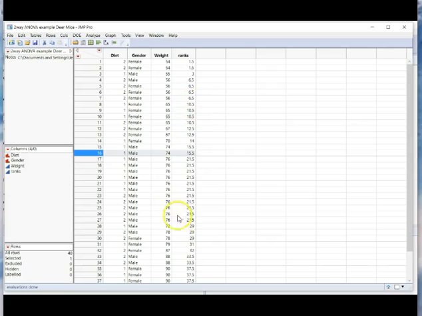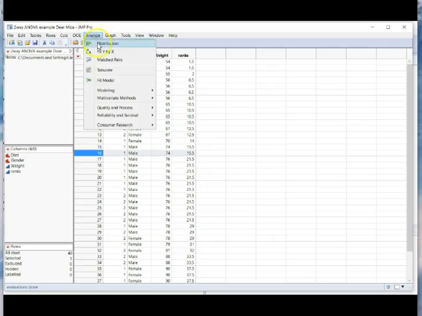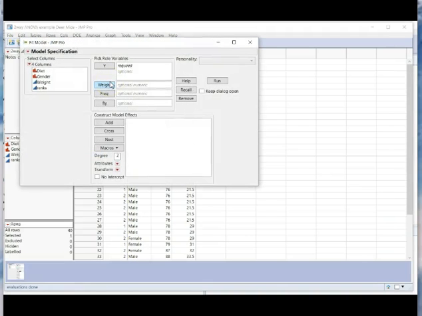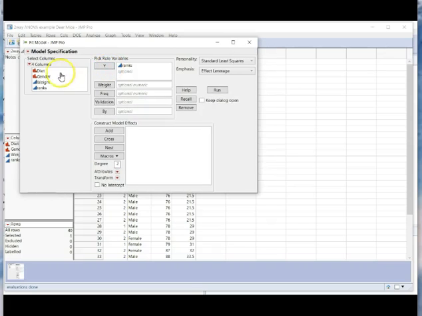So that means I'm going to be running this analysis on the ranks, not on the raw weights. So when I come up in here to my fit model, I know that I need to use the ranks as my response, and I'm actually interested in both diet and gender. But